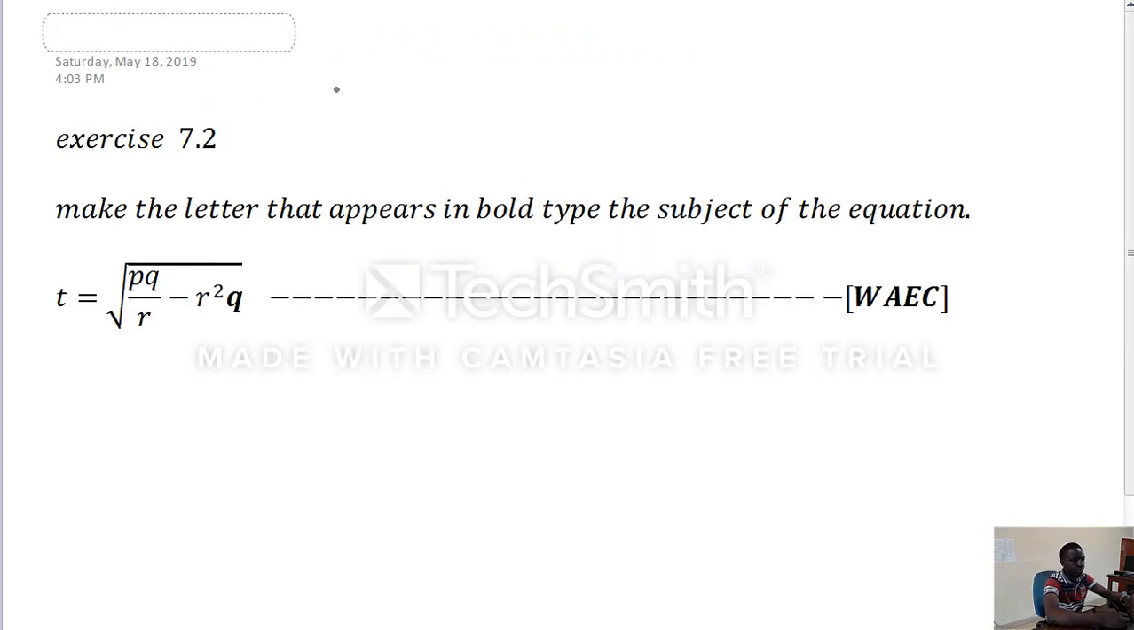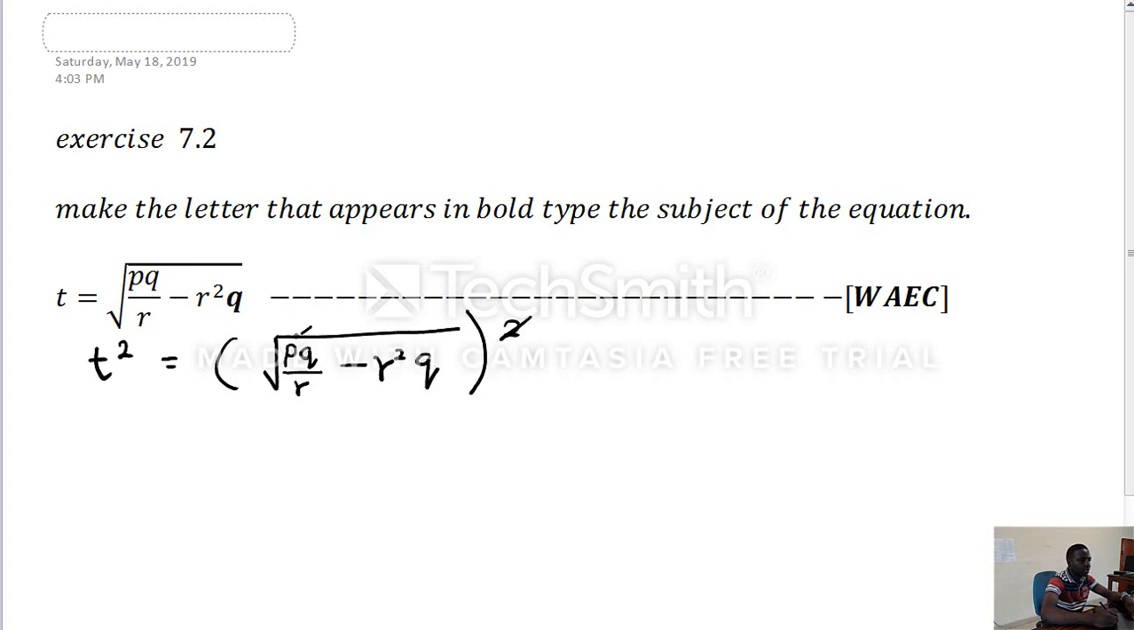Alright, in this next example, we are asked to make Q the subject of the formula, and we'll still do the same. First of all, undo the operation of square root and simplify further. So we are going to square both sides of the equation, leaving us with t squared is equal to the bracket, square root of PQ divided by r minus r squared q. Note that square is going to cancel square root, leaving us with t squared is equal to pq over r